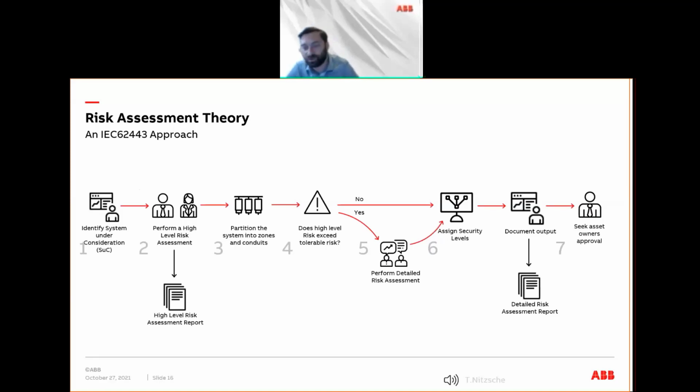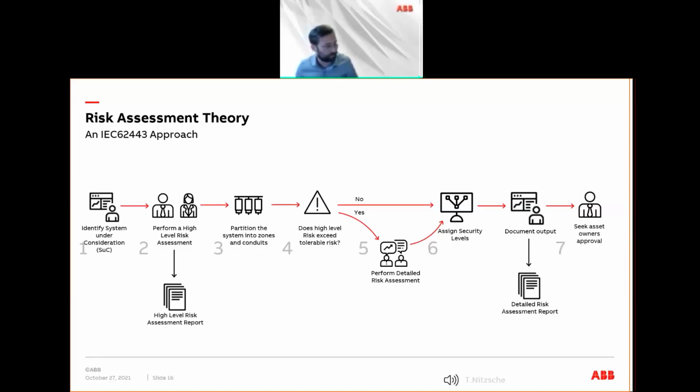scope. Then you go on to perform a high-level risk assessment with a high-level risk assessment report, and from that you partition the system into zones and conduits. A conduit is the connection between the zones, and the zone is defined by the security requirements of the assets in that zone. And based on that, there is the question: does the high-level risk exceed the tolerable risk, which the customer needs to